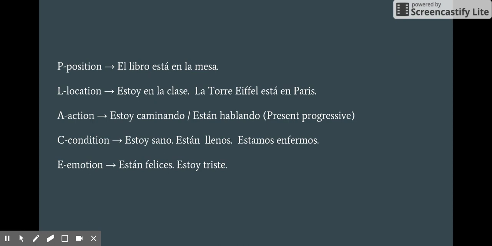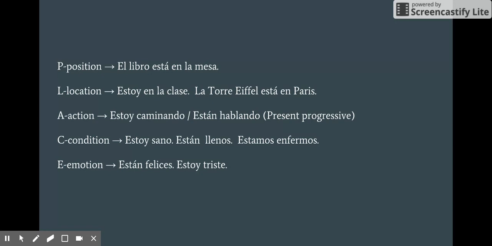So the main uses of estar, to differentiate them from ser, we'll use an acronym, PLACE. P standing for position, where something, an object, is in that moment. So el libro está en la mesa, the book is on the table. The biggest thing with position is that generally it'll be followed by a preposition, and we'll go over that in the next slide here. Location is where something is,